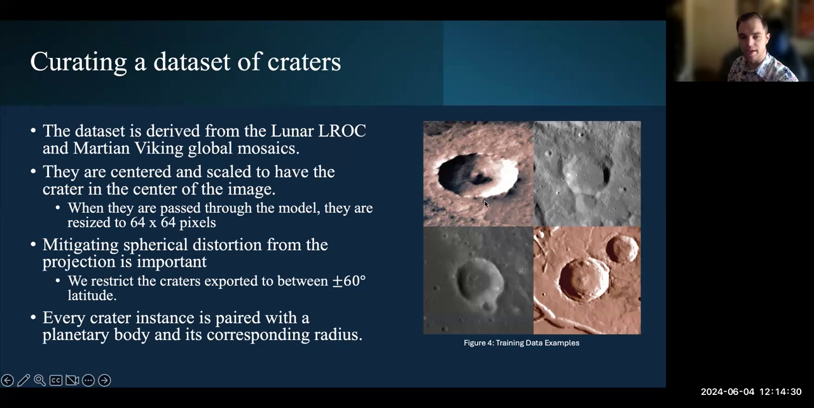We cropped them and centered them and then downscaled them to be 64 by 64 images. We specifically restricted where we got the craters to be between plus and minus 60 degrees. And then every single crater instance is paired with a planetary body and its corresponding radius. So that way we can condition the network to be able to reconstruct the craters